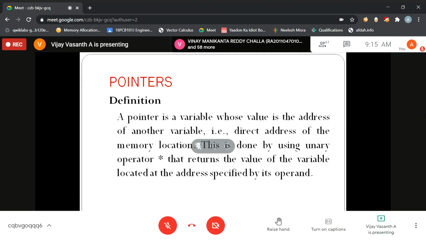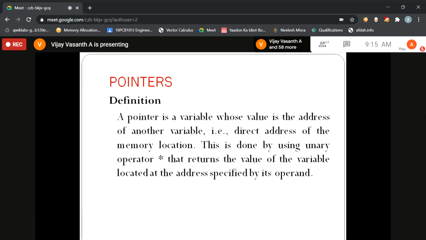Clear? So basically, what is a pointer? A variable. What does it do? It points to the memory. How does it point to the memory? It contains the address of another variable. What does that variable contain? A value. How is the value fetched? That is how the value is used for operation, by using the unary operator along with the pointer symbol. Can you understand these five sequences? Can I proceed? Yes, sir.